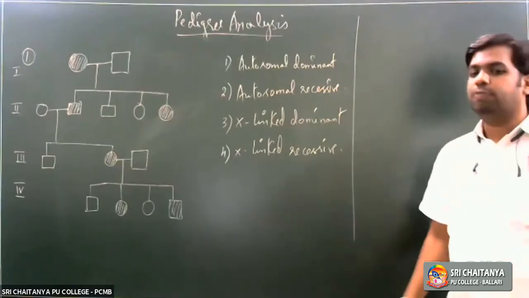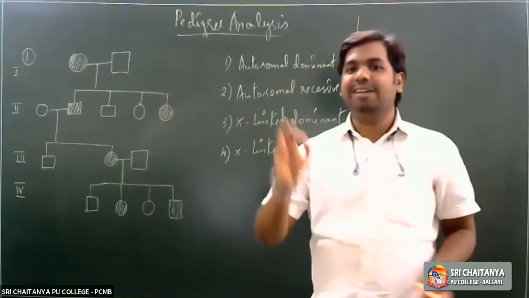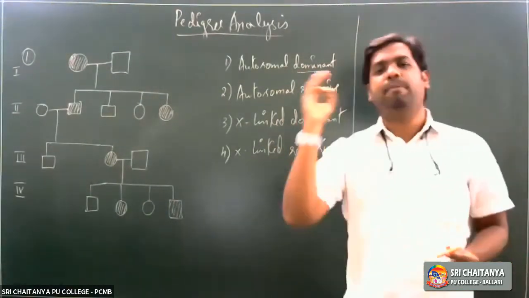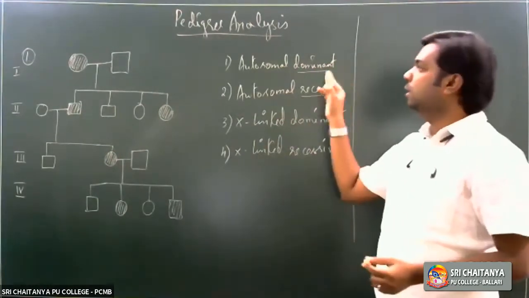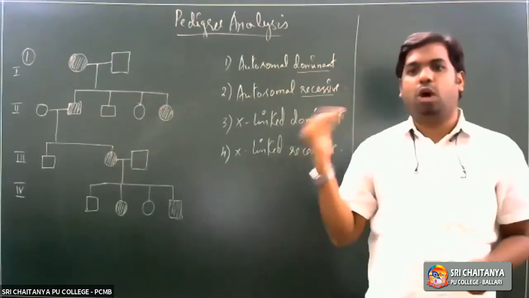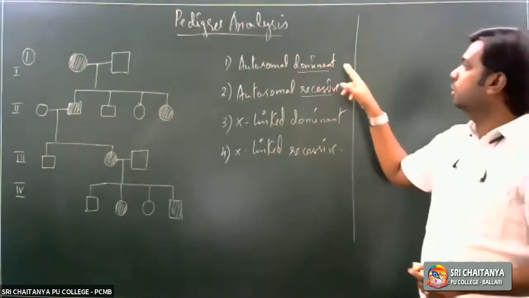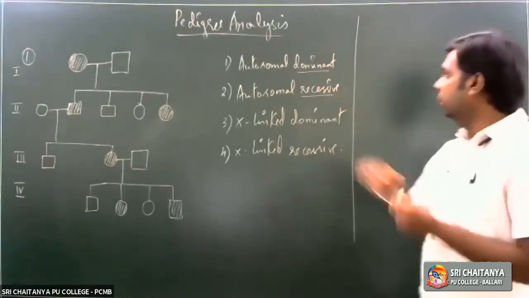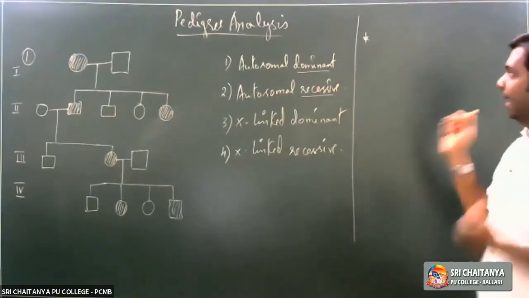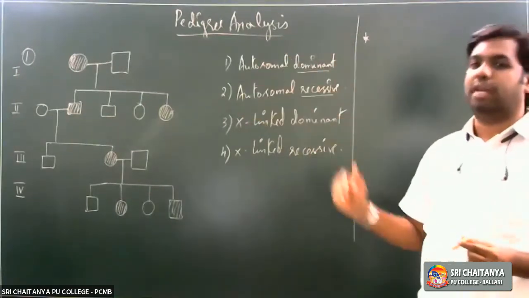The first and foremost thing you need to do, as and when the pedigree chart is given, is to identify whether it is dominant or recessive. That is one very simple way to identify whether the pedigree is a dominant pedigree or a recessive pedigree, whether it is a dominant mutation or a recessive mutation. Now, how do we identify whether it is a dominant or a recessive mutation? The first point you need to note down is, if the trait is seen in all the generations.